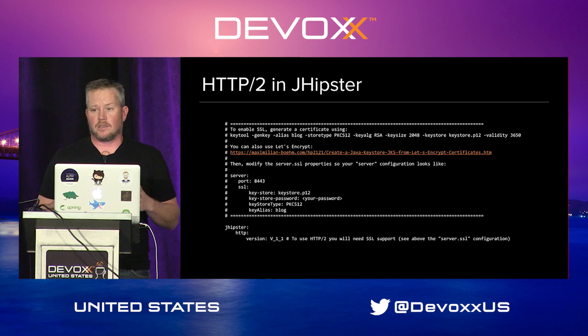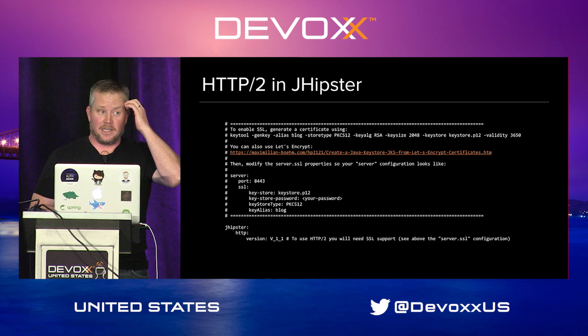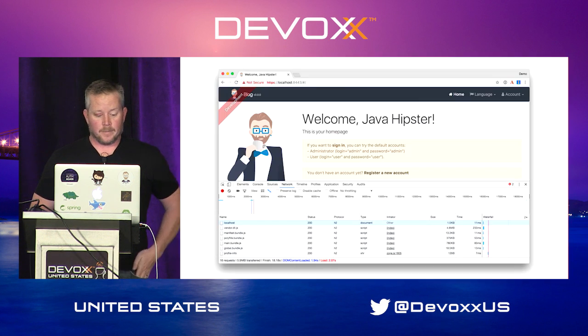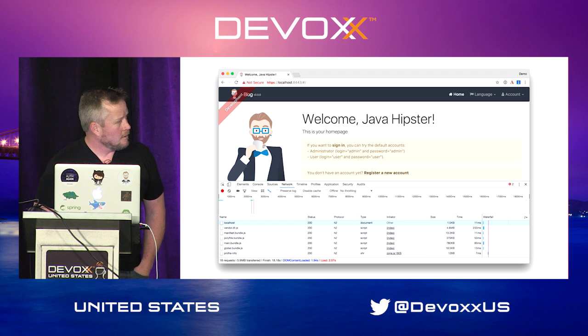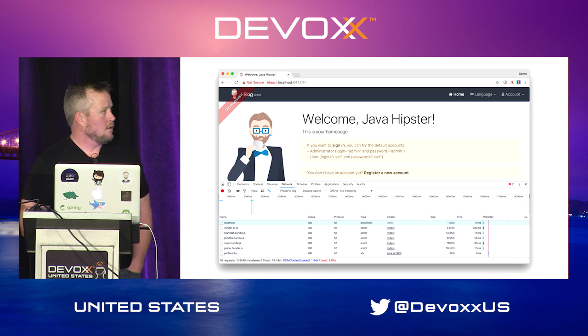And I've done some research on seeing if Cloud Foundry supports it, to see if Heroku supports HTTP2. And whenever I've asked, basically what happens is someone gives me a private account and says, we've turned it on for you. So that's not really supporting it. That's like, hey, we're in beta, right? This is kind of working. So I do hope to write a blog post and do a lot more research on that and really find out if it is supported. I know AWS supports it, CloudFront supports it. So once you do that, you'll see down here, this is just a feature of Chrome's developer tools, where it's got the protocol there, H2, and it'll show you HTTP 1.1 versus H2,